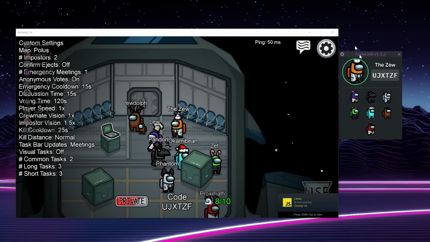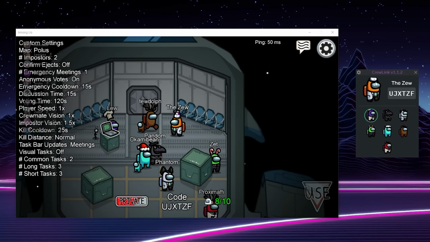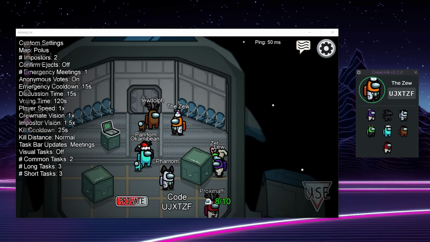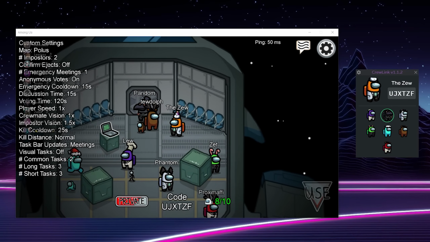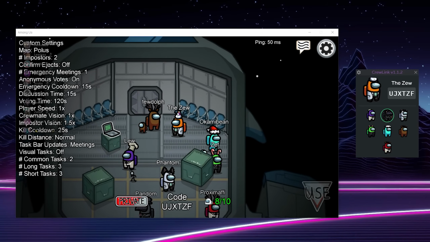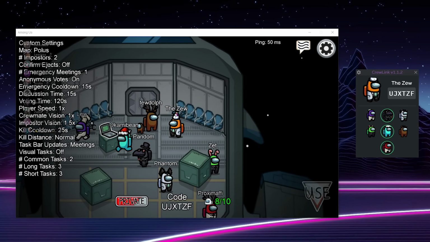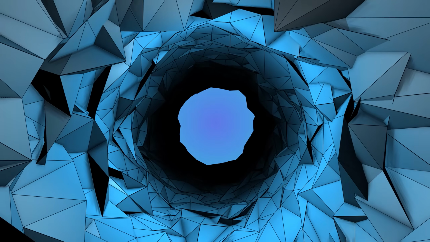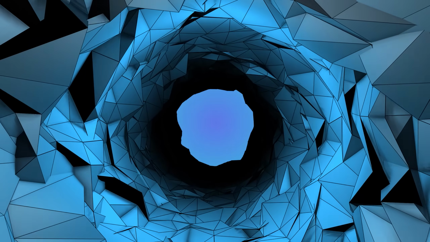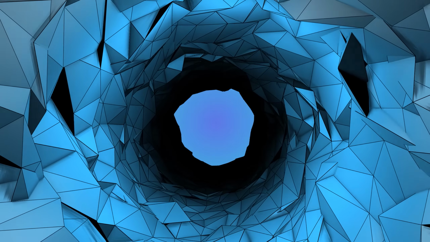Now one downside to this, of course, is the fact that we don't actually have a lot of dedicated server space. According to the creator, there is around 100 slots available in the publicly available IP that he has on his Discord and his GitHub page. He's currently hosting this himself, so if you want to support him to hopefully add more in the future, you can do that. Or as mentioned, of course, you create your own private Discord server, which will solve all the problems, and then you can bring as many people as you want to into that. Anyway guys, it's as easy as that to set up CrewLink and have proximity chat in Among Us.